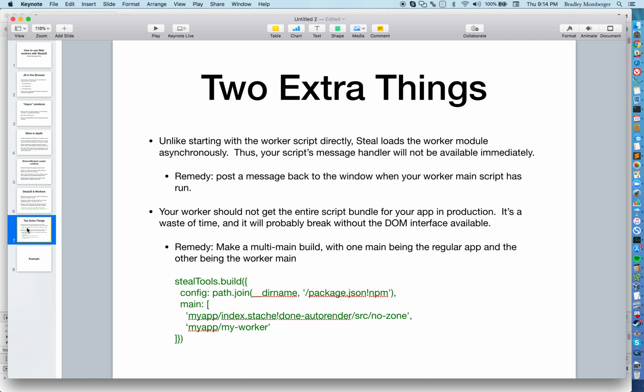So one thing you have to do when you are using StealJS with web workers is post an initial message from the worker back to the window that says it's ready. And it's easy to catch. You just listen for a type of ready and send it when your script is done running and it's all set. The other thing is when you're doing production builds, which is another major feature of StealJS,